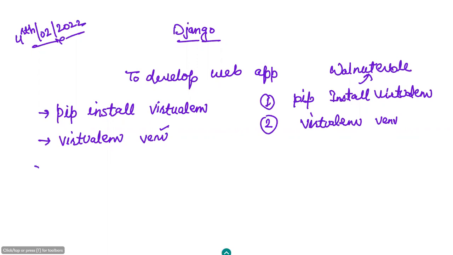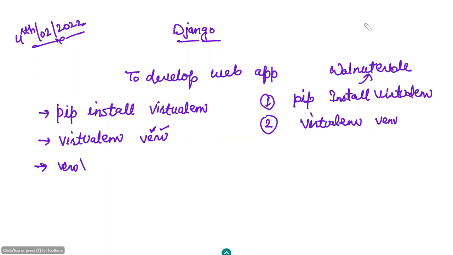So first of all, execute our third step, that is, activate the virtual environment. Just write the virtual environment name. Make sure the spelling is correct, the one by which you created your virtual environment,